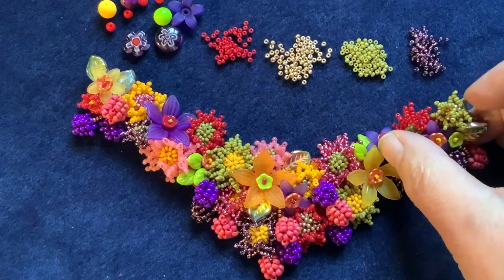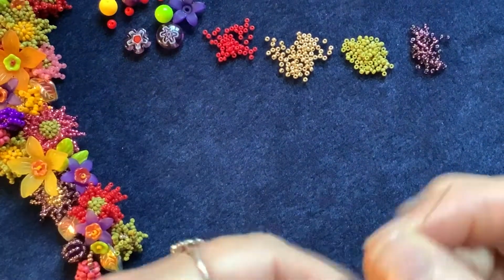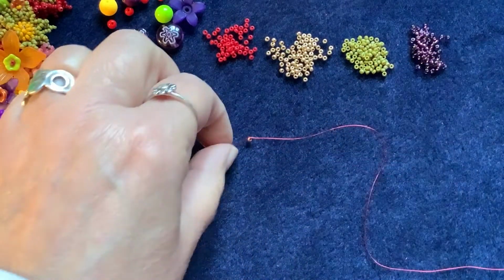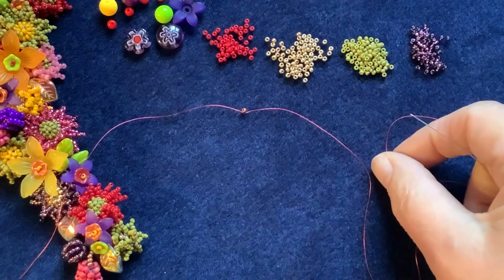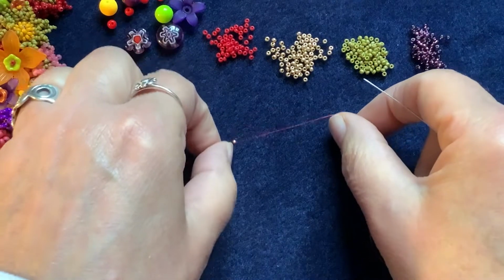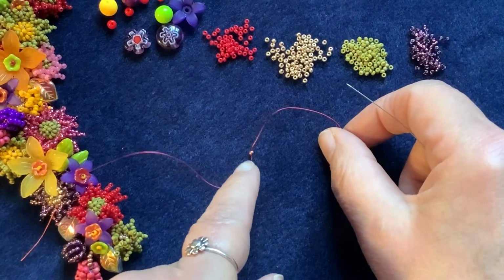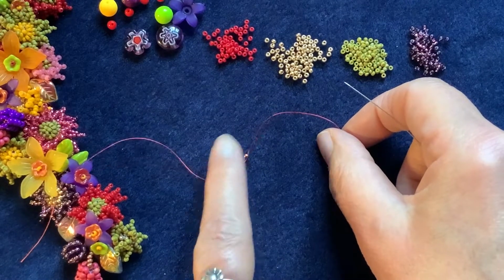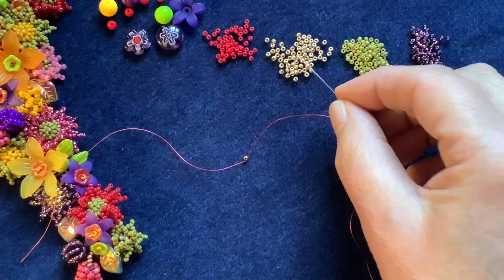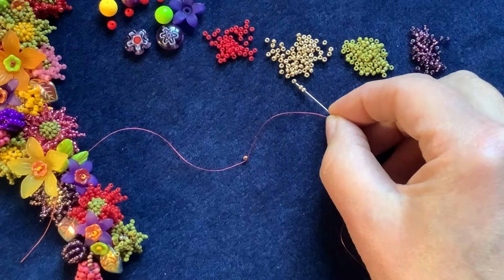Right, now it's made in herringbone rope, which you may or may not be familiar with. So I'm going to start it off and show you how it works. Now I've prepared a needle with about 1.5 meters of thread, because you need to do quite a bit of rope before you have to join in a thread, and the keeper bead's 15 centimeters from the end. And we're going to start off by making a little square stitch or ladder stitch